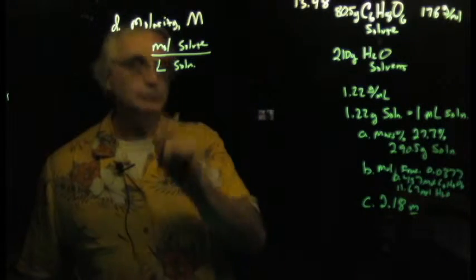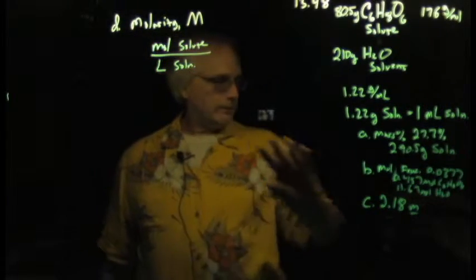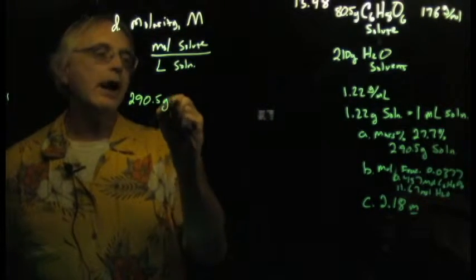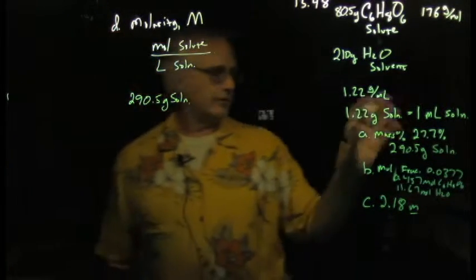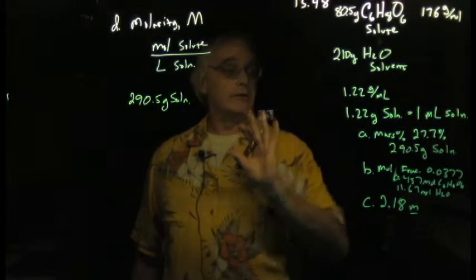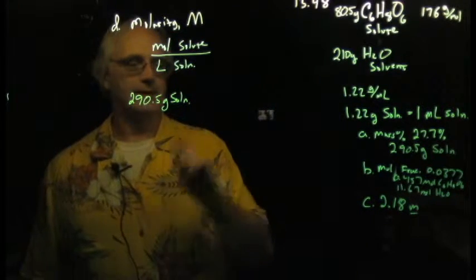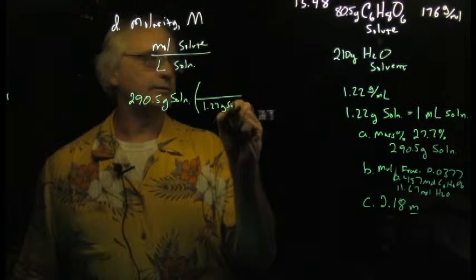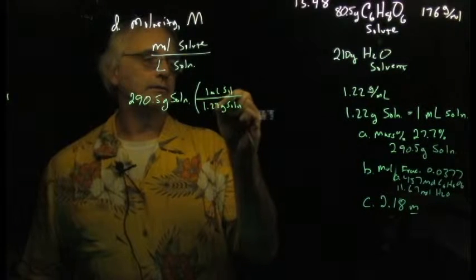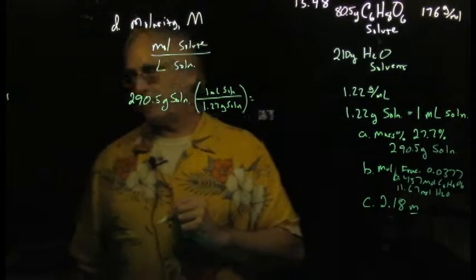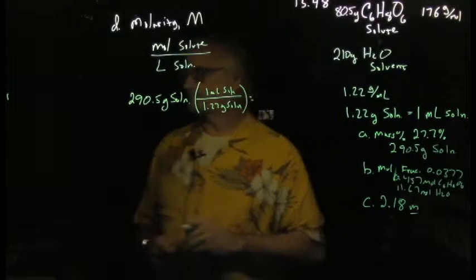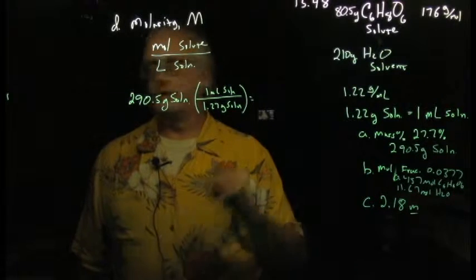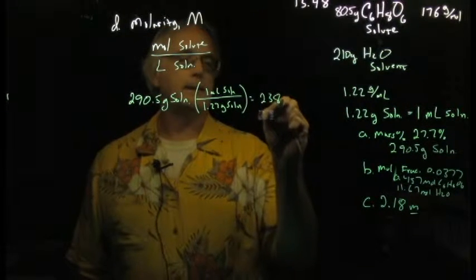Notice how we knew that. We kept track of all that. And so we actually noted that this solution was 290.5 grams of solution. That was all the way back in part A. And so here's where the density is going to play a role and get me 1.22 grams of solution is 1 milliliter of solution. Okay. And if I punch that out on my calculator, I'm going to get 238.1